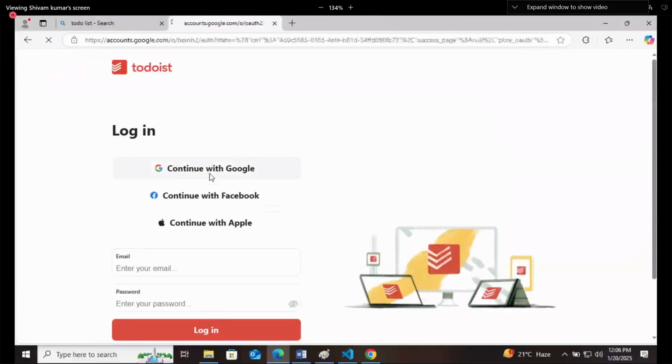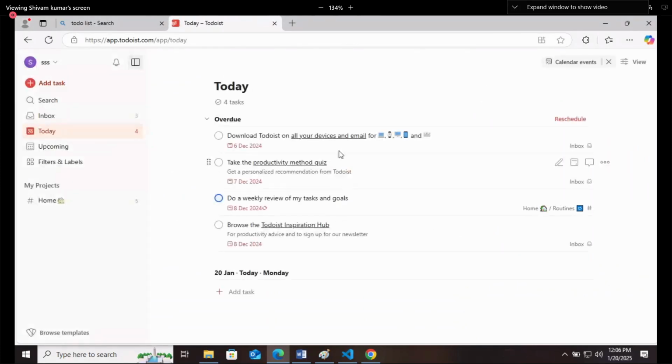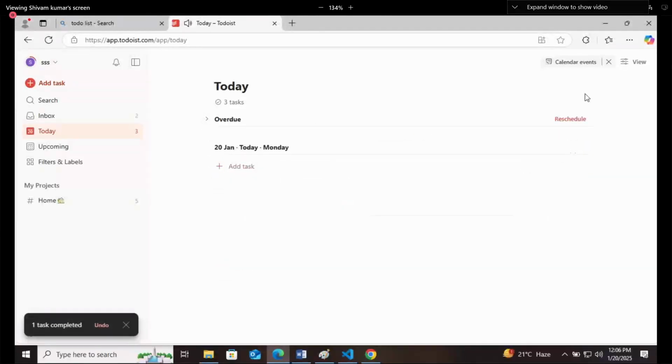I'll show you, wait. So in this way, it will be having a profile panel.